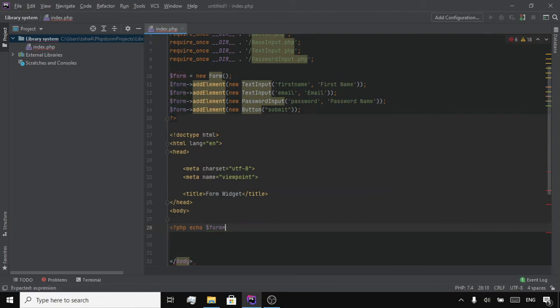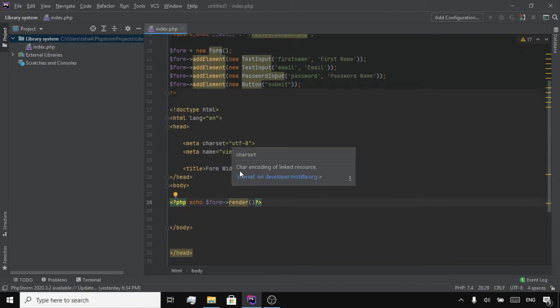And render. So that's all for the HTML page. Now I'm going to be creating, we need to add an element method,